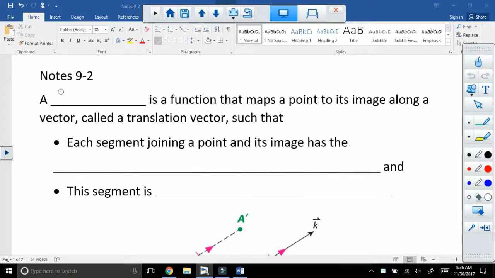Here we go with translations. This one is my favorite one because if you can count, you can translate. So a translation is a function that maps a point to its image along a vector, and we'll talk more about those vectors in a little bit. It's called a translation vector, such that each segment joining a point in its image has the same length